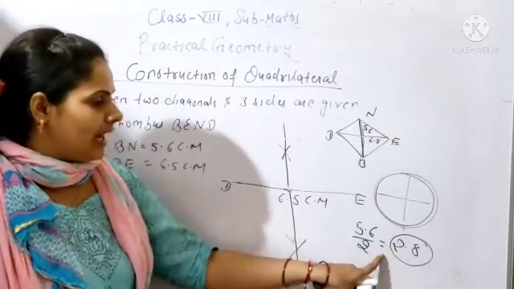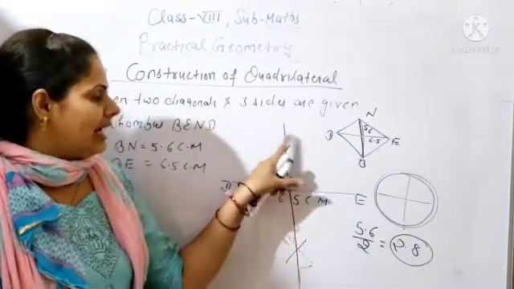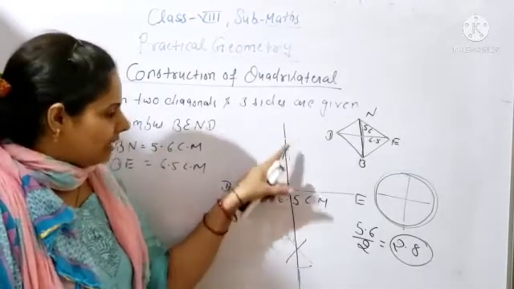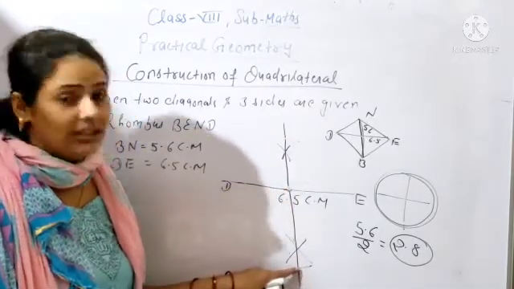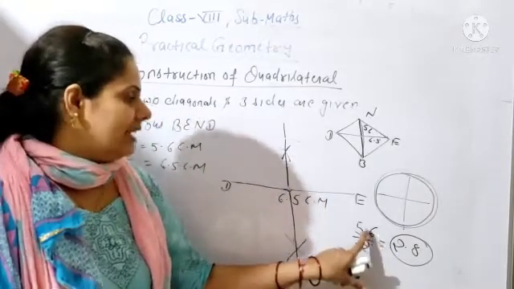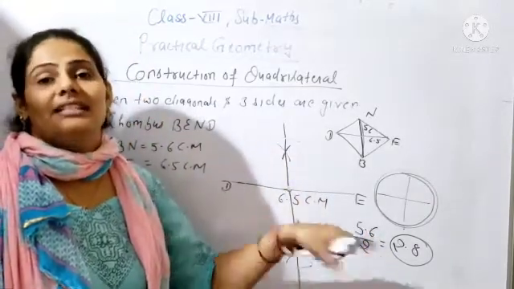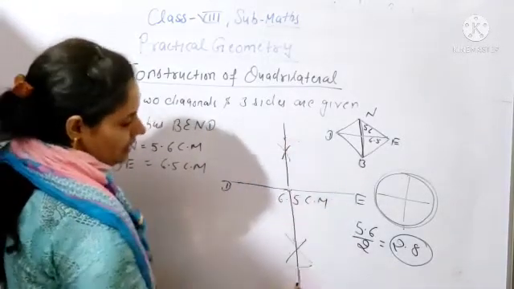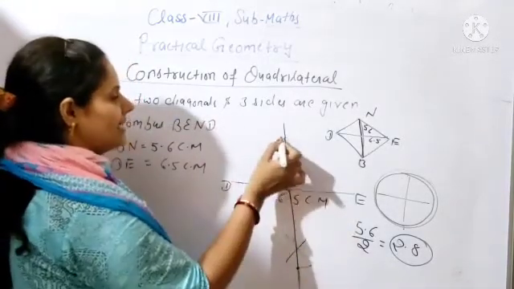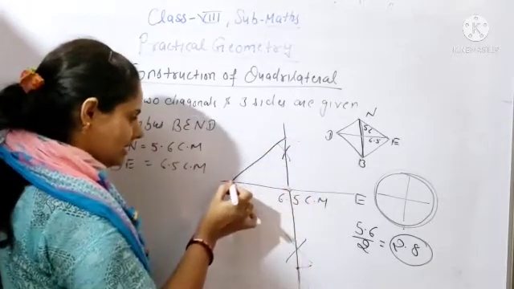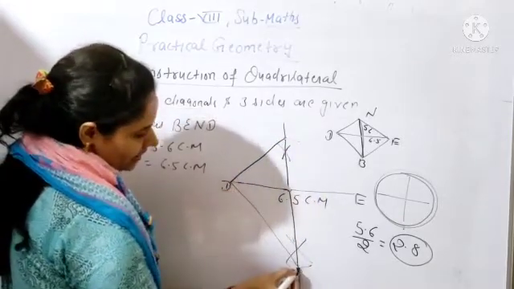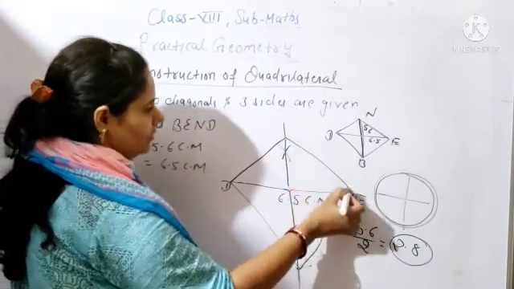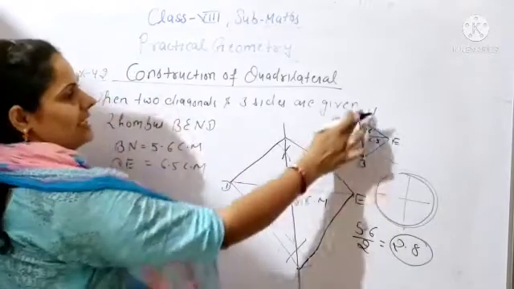This is half of 5.6, and you will draw the arc upwards also and downwards also. So this line, complete from this arc to this arc, will be the complete line of 5.6. Okay, second diagonal length. Clear, beta? After that, from this arc and from this arc you will join all the line segments. So this line, this line, this line, from E also, and from here also. Clear? So this is NB.